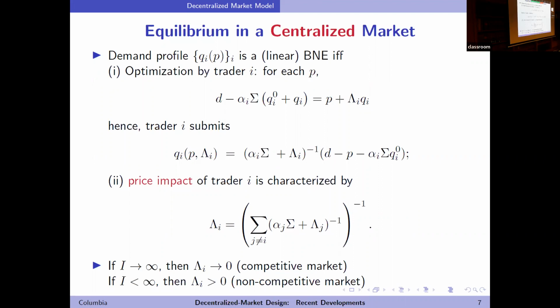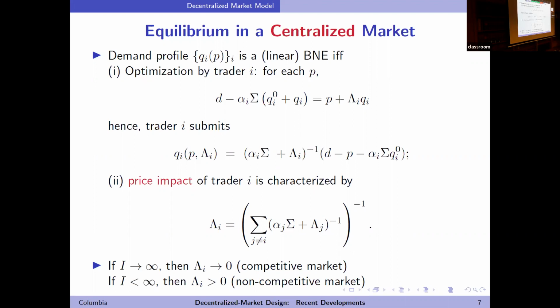So let's fix a particular realization of the residual supply. By equalizing my marginal utility, which is linear, with the imperfectly competitive residual supply, I can find my optimal quantity and my maximum willingness to pay. So this is the exercise from 101. We are working with a buyer, not a seller. By doing so point-wise, for every possible realization of the residual supply, I don't need to know that. I'm just doing it point-wise.